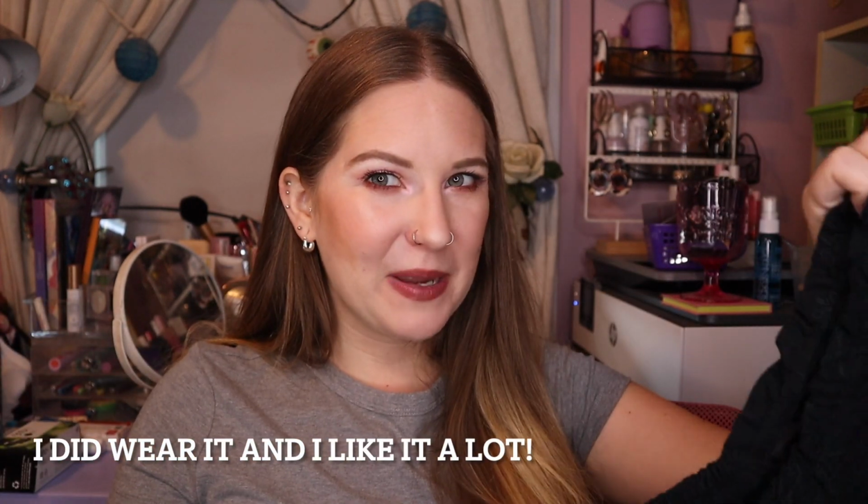There's still time before it gets cold, so I think I will put it at the top of my list to wear because I really do like it. I bought it thinking, it's black, so it would go with a lot of different looks. It would add a little bit of cuteness. I also don't have to wear a bra with it, but I think one of my bigger concerns is that